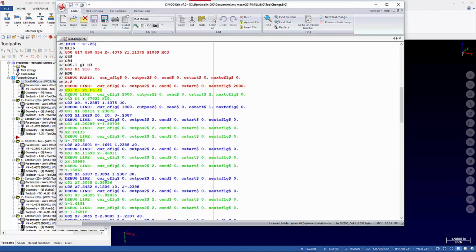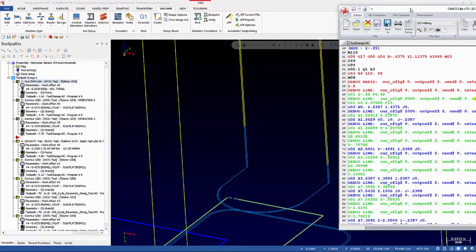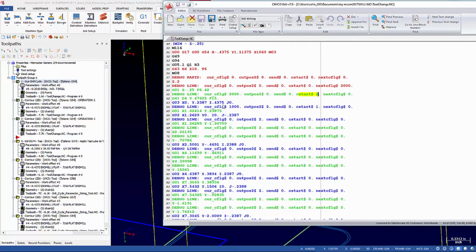So when we go to our next move, this is our G41 move. This is the line on which our cutter comp is being turned on. Current C flag is 2000. Cut pause 2 is 0. C end is 0. C start is 2. So if we were to use the C start variable and test for the condition 2, we can tell if we are on this linear entry move. If we look at the next line,